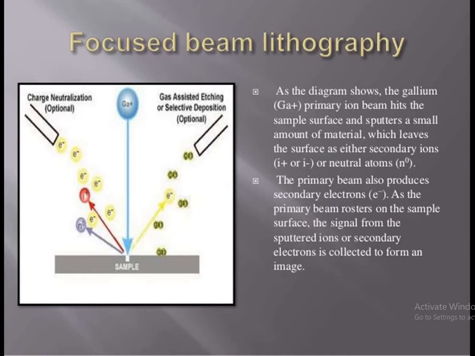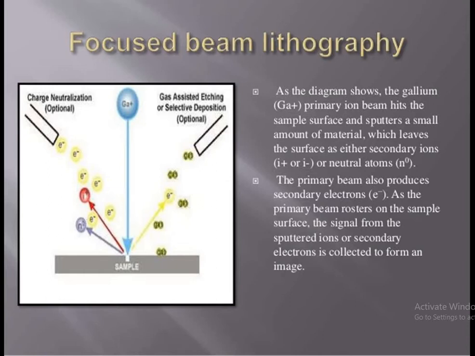Secondly, the primary beam also produces secondary electrons. As the primary beam rasters on the sample surface, the signal from the sputtered ions or secondary electrons is collected